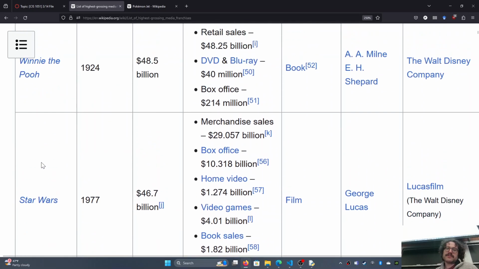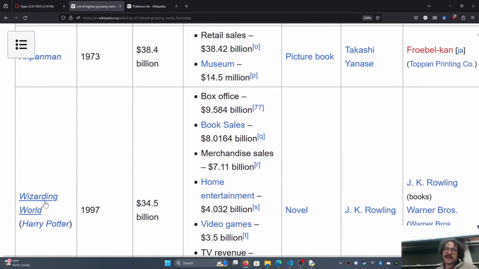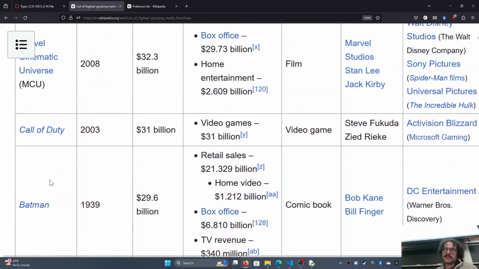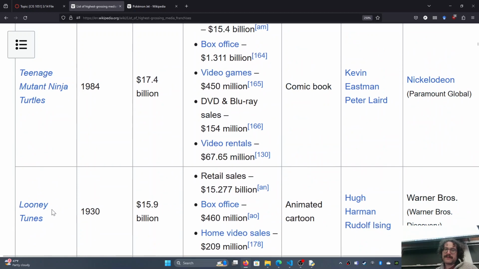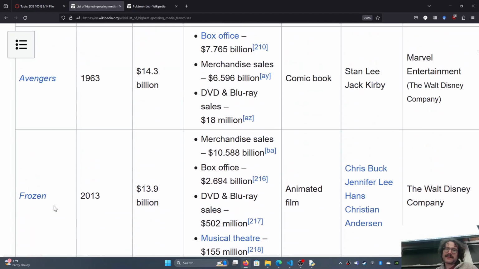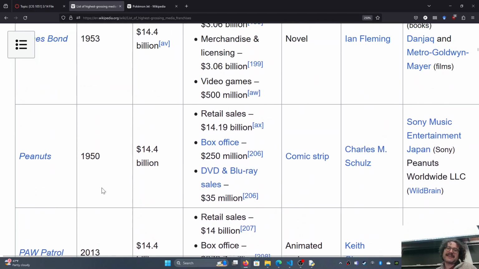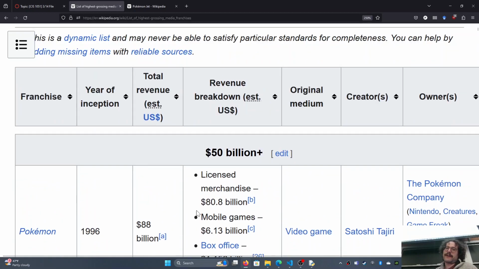Below that, we have Winnie the Pooh, Star Wars, Disney Princess, Anpanman, which is also from Japan, Harry Potter in general, Barbie, the Marvel Cinematic Universe, Call of Duty, Batman, Hello Kitty. Some things you may be familiar with, some things you may not be. But there's a lot of things that are worth money. And a lot of things from Disney are specifically their own thing, like Frozen is its own franchise and it's listed differently as opposed to one Disney. I'm sure if all the Disney stuff was added together, they'd dominate the list. But in terms of individual franchise,